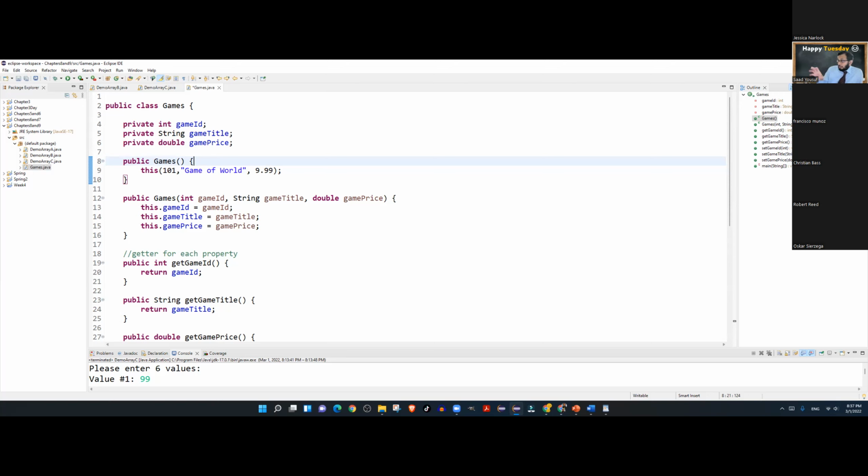So the main focus for today, once you have the class created, is to create an array of objects. Instead of creating individual objects, where we will create game 1, game 2, game 3, game 4, we want to create an array of objects. And as I told you earlier today, when you create an array of objects, it doesn't really get instantiated right away. So it's a 2-step process.